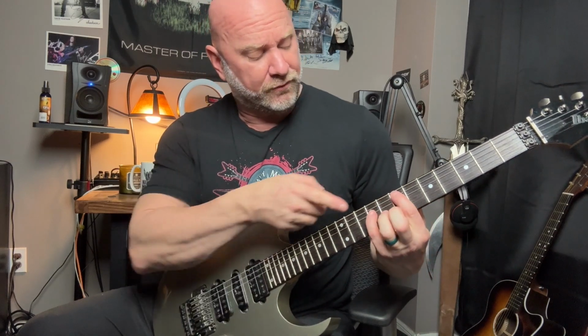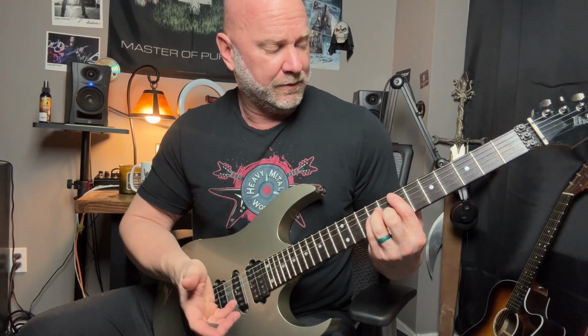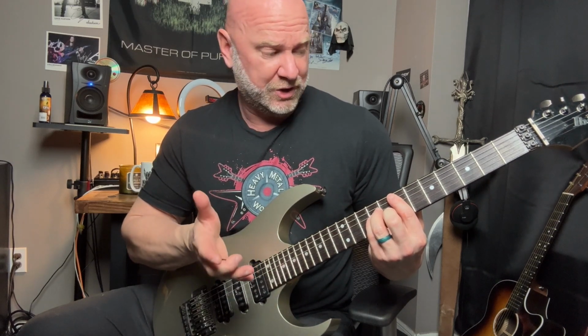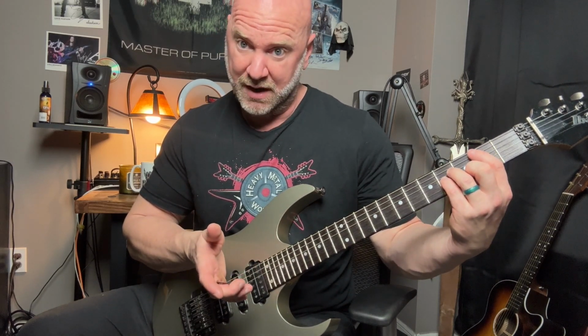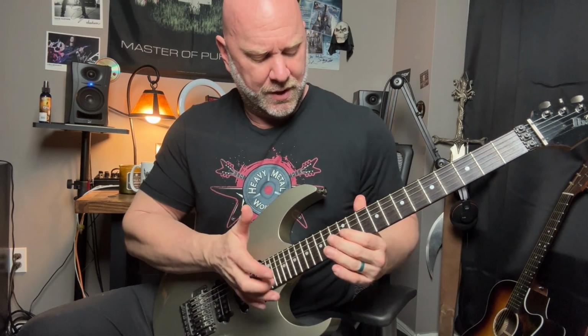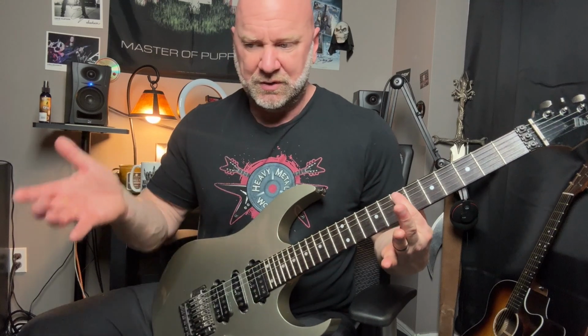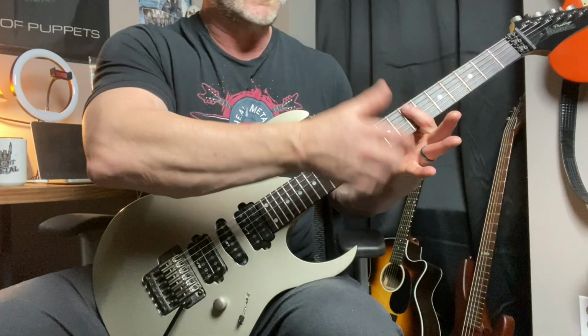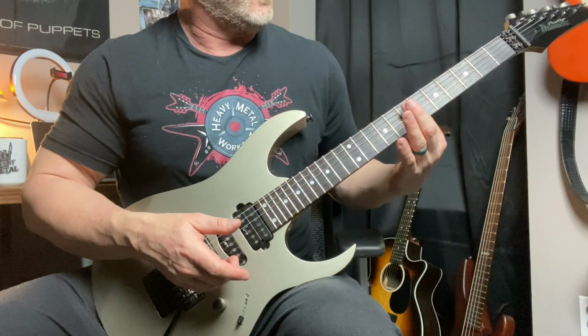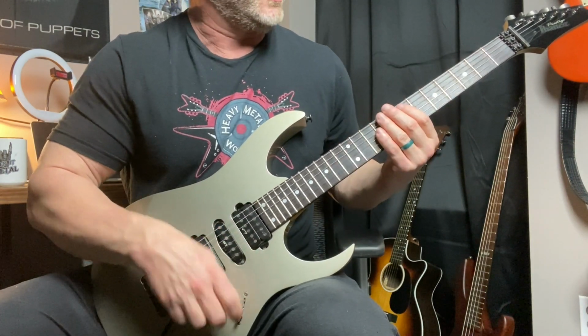So if we're going from the E power chord, okay, the key of E minor, and then our next part when we change keys is going to be B minor. So the easiest way to figure this out is like, okay, well, I want to play that same solo part to fit that B minor key. So I would just simply count down how many steps or how many frets from that E power chord to the B power chord. So if I'm playing here,